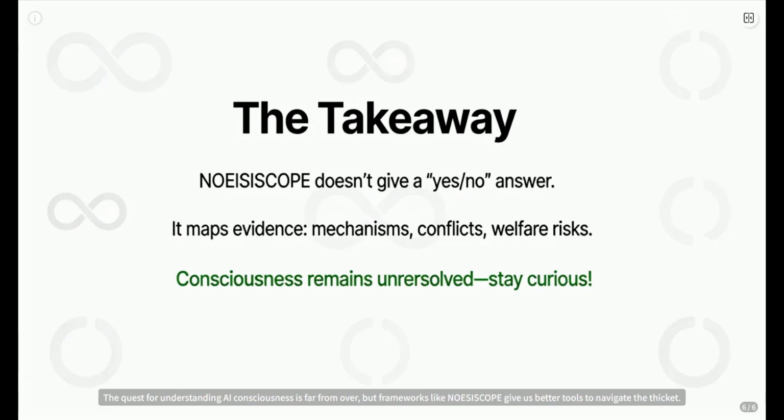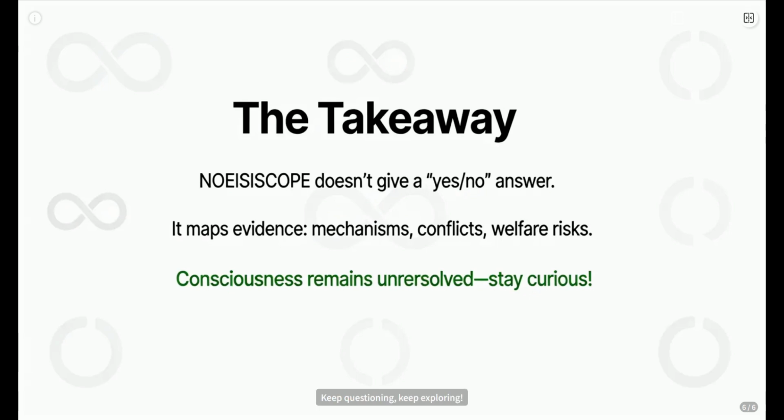The quest for understanding AI consciousness is far from over, but frameworks like NOESISCOPE give us better tools to navigate the thicket. Keep questioning, keep exploring,